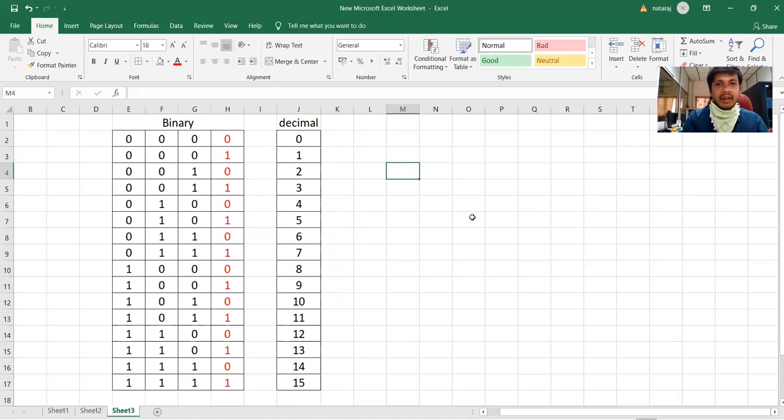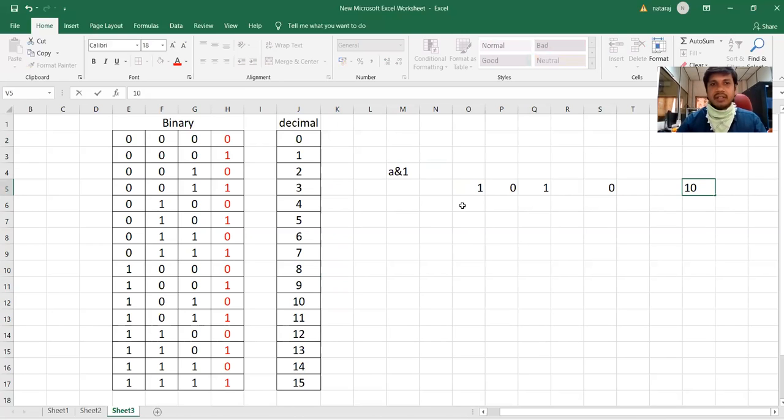A and 1. This is a bitwise AND operation. Let A value be 1 0 1 0, which is 10.